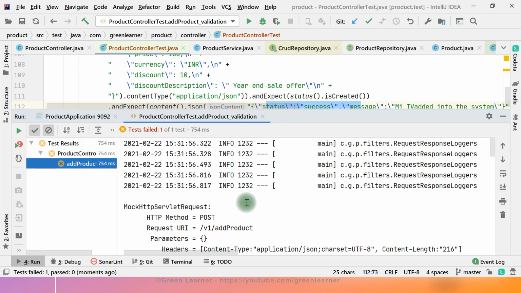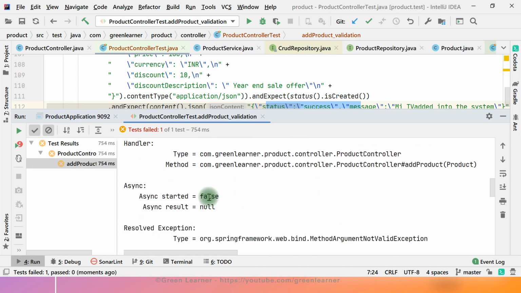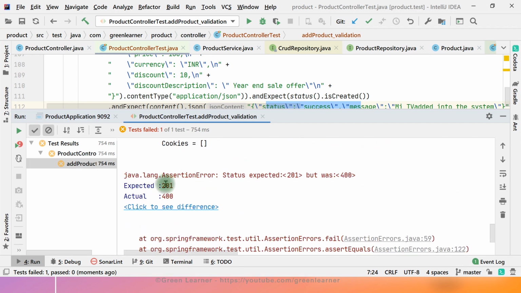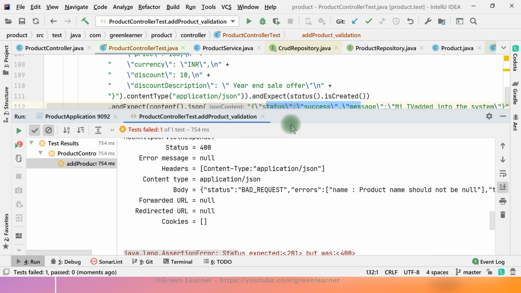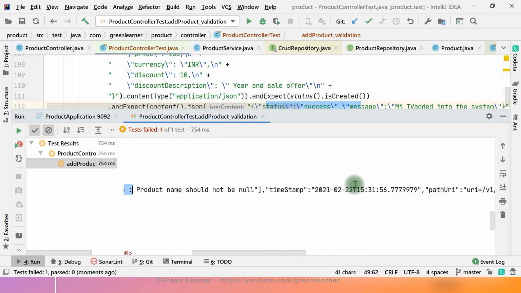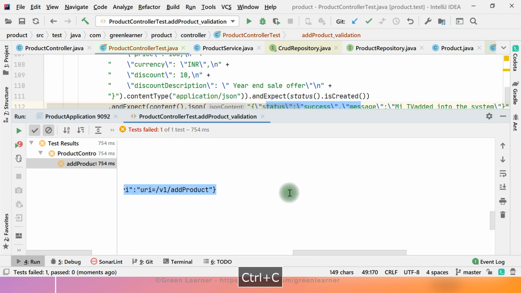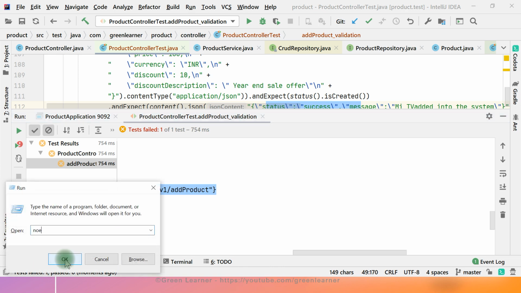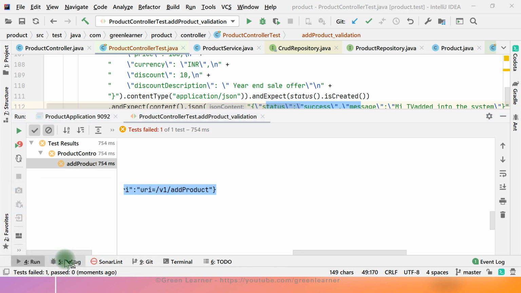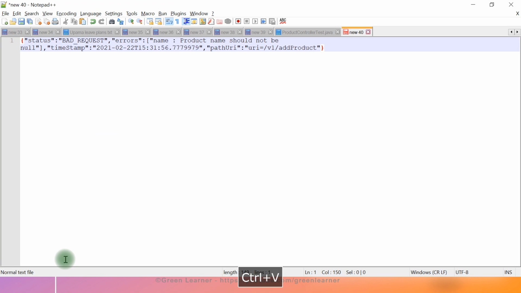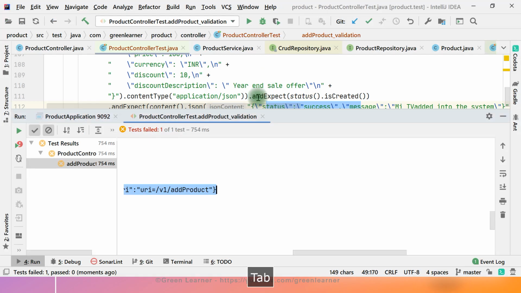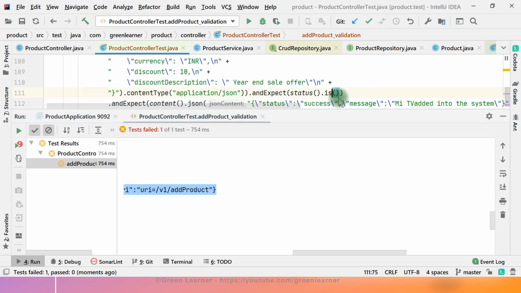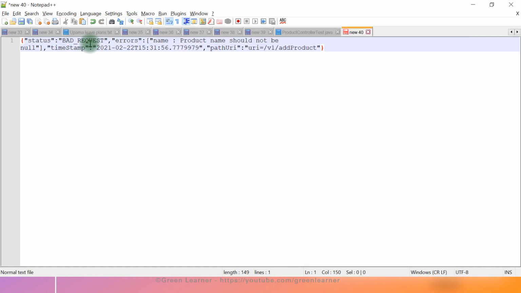So here we are seeing this one. Coming down here, 201 and it is giving you the 400. This is the first one. And what is this body here? We are getting this body here. Let me open the notepad and put it. So this is what the body is, right? The first part is correct, this is bad request, this is going to be fine, but now we are going to get the difference in this one.